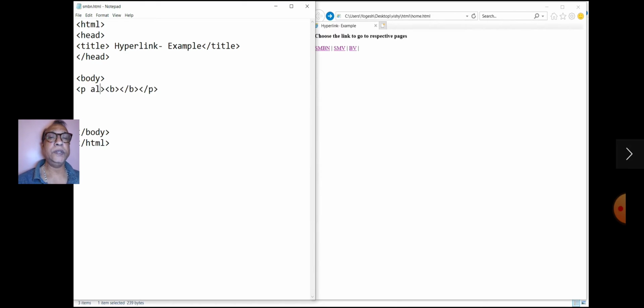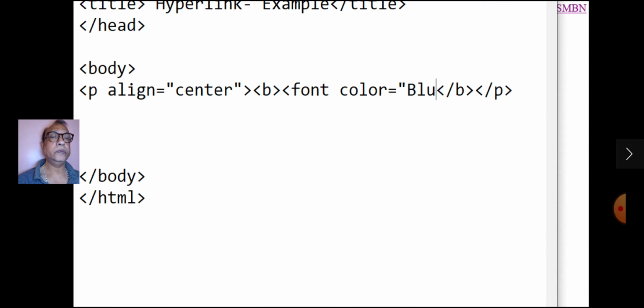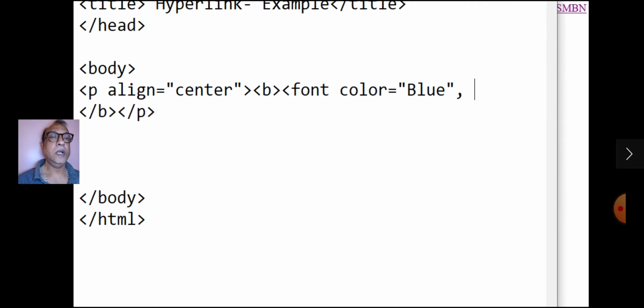Now for smbn.html, p space align is equal to center, font space color is equal to blue, size is equal to 6, close the tag, write it as Sri Mahabalniketan.